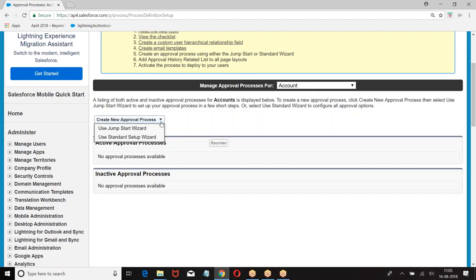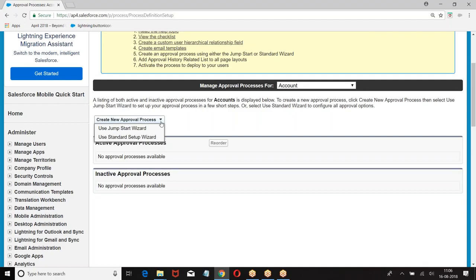If the approval process is a single step, a simple process, then we go for Jumpstart Wizard. If it is a complex process or multiple steps, then we go for Standard Setup Wizard.